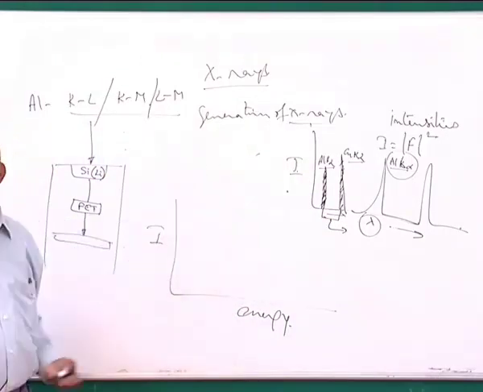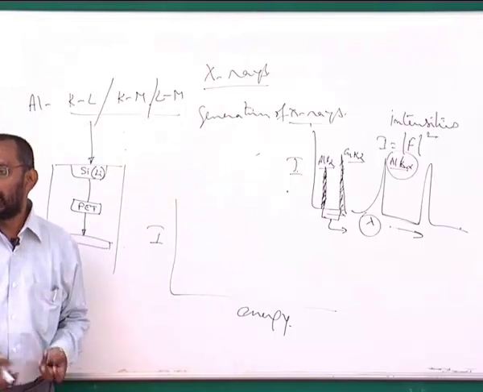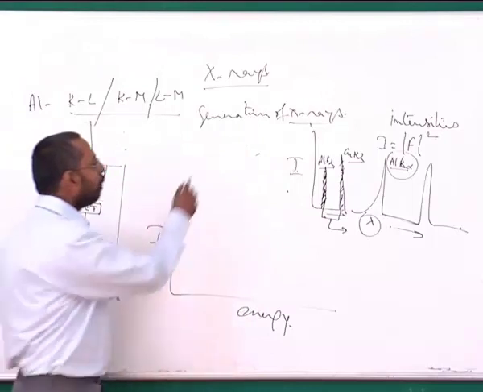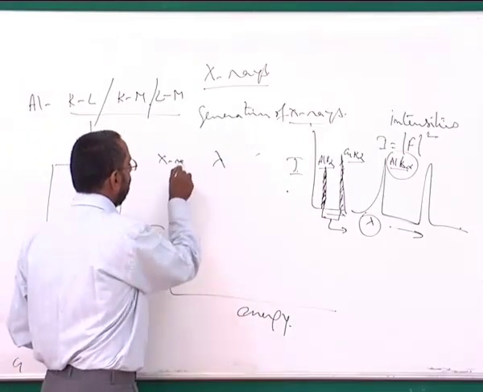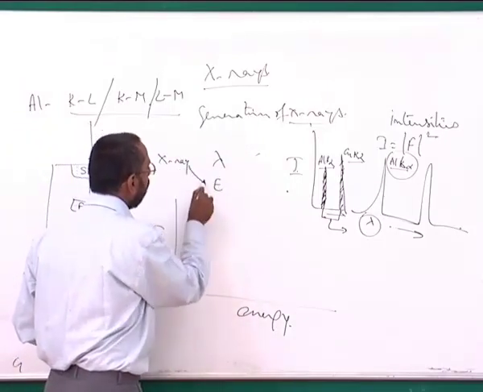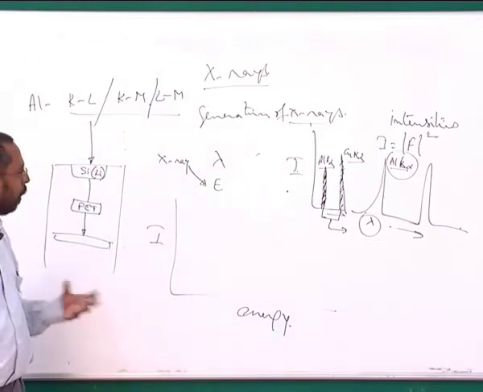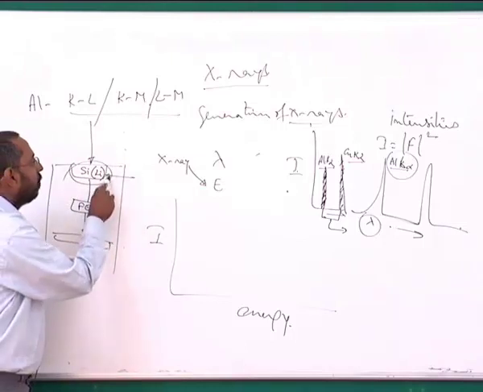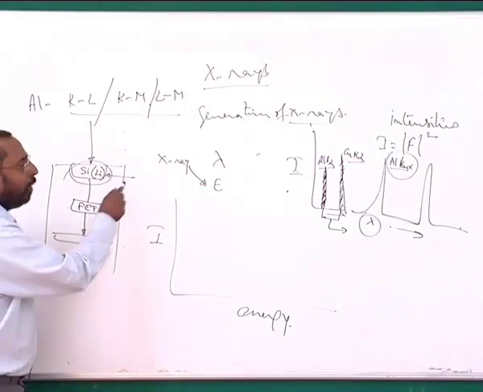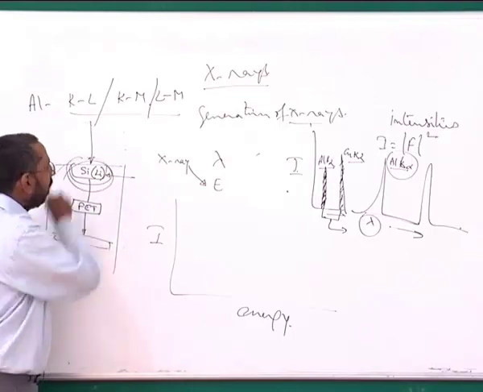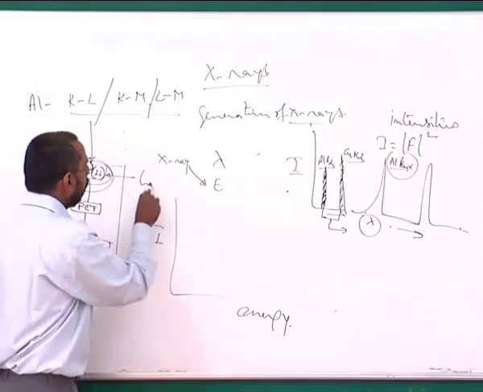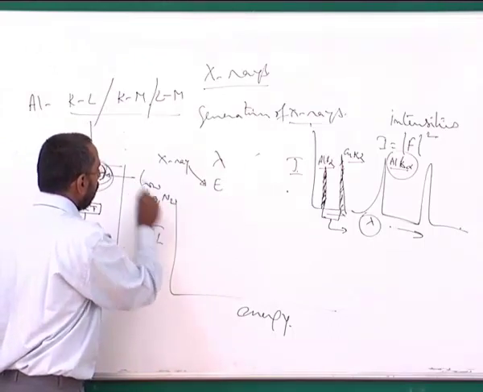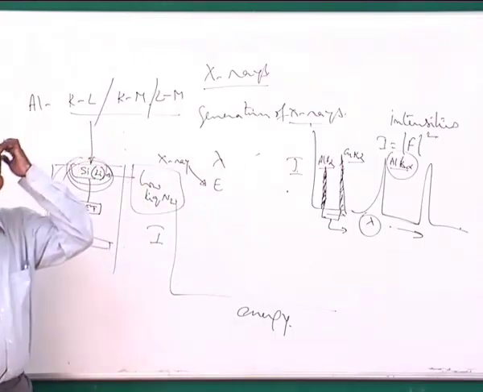The information that you get is exactly going to be the same, excepting that what you are utilizing is going to be different. In the previous case, I am utilizing the lambda of the X-rays, and here I am going to utilize the energy of the X-rays. So the only problem is the silicon lithium crystal is stable only at very low temperatures. So you need to maintain the silicon lithium crystal at very low temperatures, and so you use liquid nitrogen to be able to hold this silicon lithium crystal.